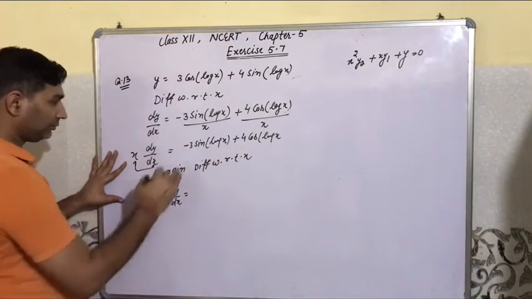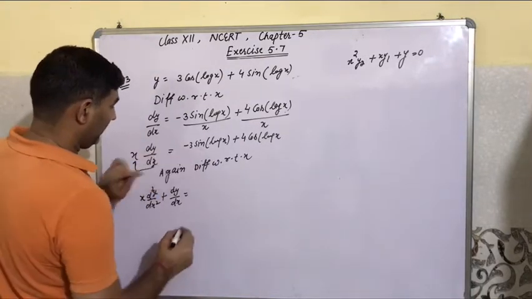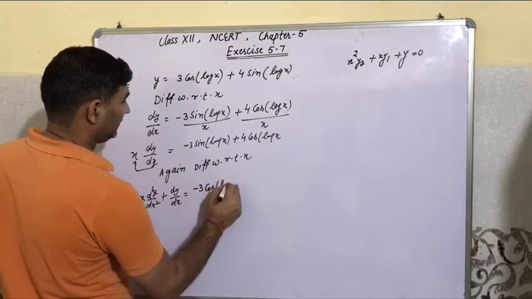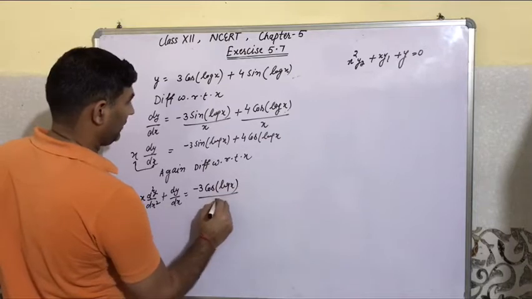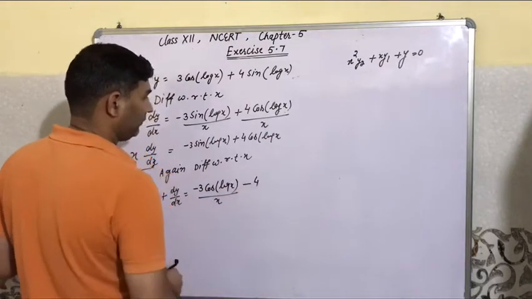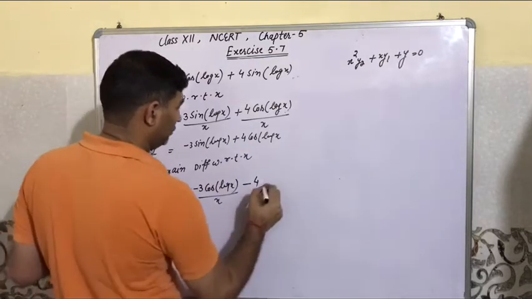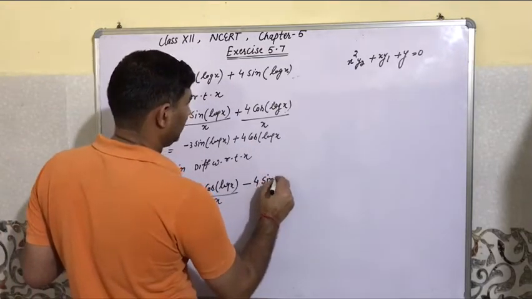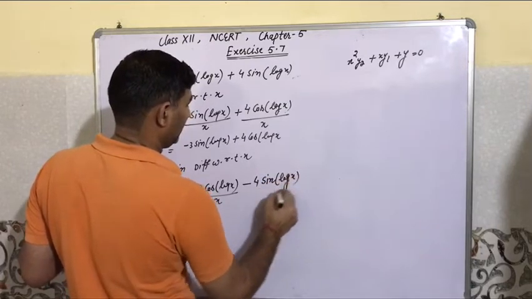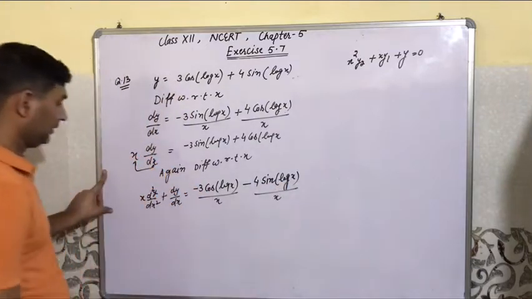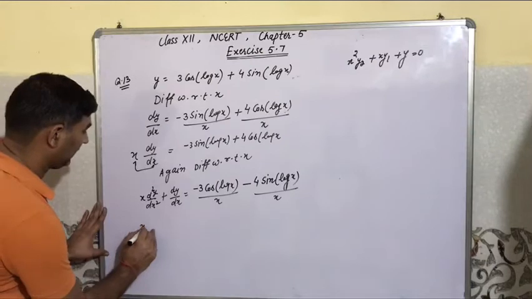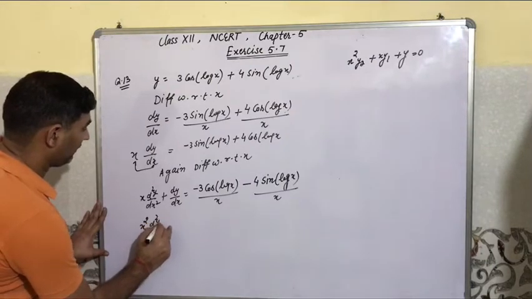This sin derivative is cos minus 3 cos log x upon x. Cos का minus sin minus 4. This term is cos का sin minus sin is log x upon x. And then this taking LCM and x multiplied to this, then x square d square y upon dx